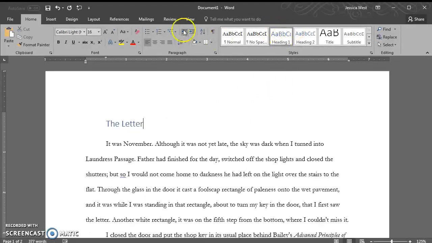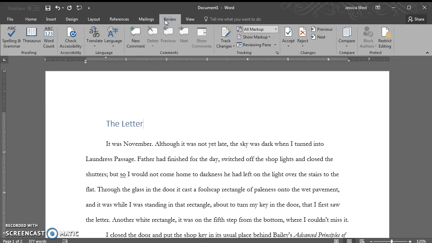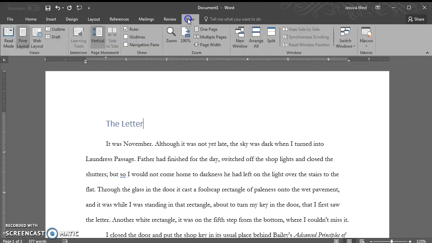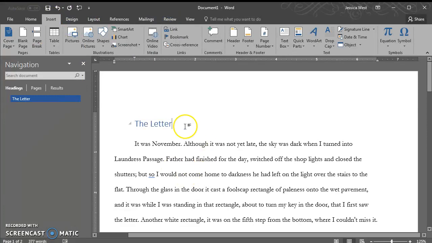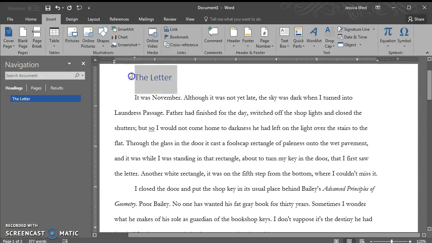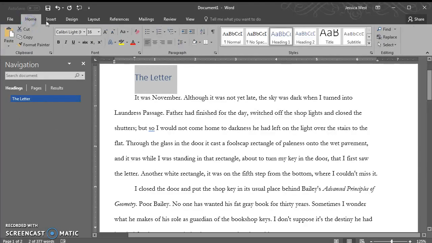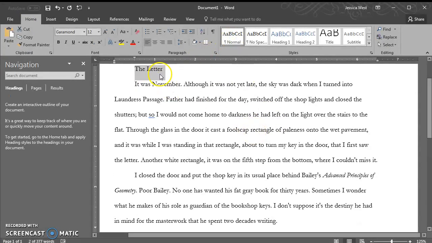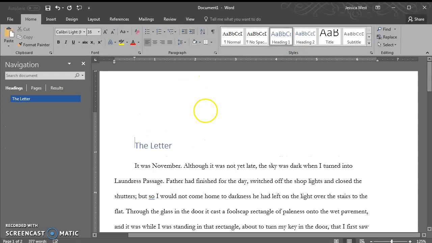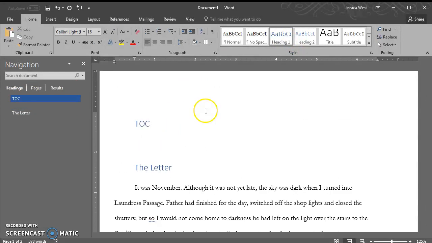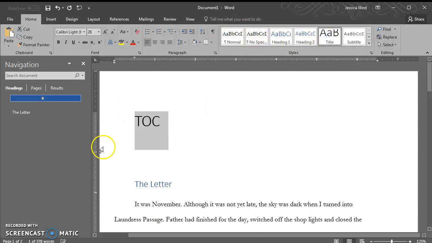It's important to learn these because these heading styles can make your life so much easier. Let's see. View. We're going to go in the View tab and Navigation pane. I would like to show you something in the Navigation pane. See, this is your heading, the letter. Now this is not here. Sorry about that. This is not here for normal text. You see, you lose that heading, and it's great to have that because when you're making your table of contents,